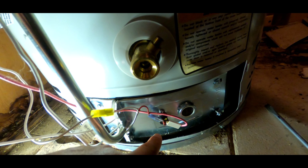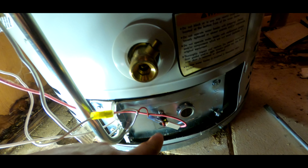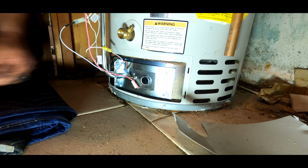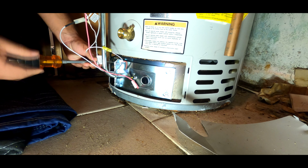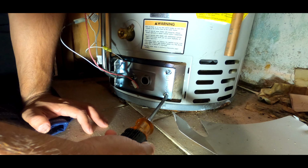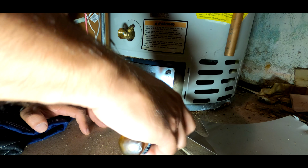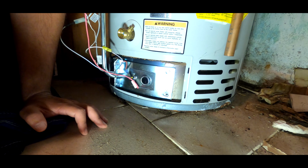I looked it up on the internet, and apparently the reason it trips is there's no air left for the flame. So why is there no air? Apparently I figured out through research and YouTube videos that there's a filter on the bottom of the hot water heater that could potentially be clogged with dirt. You know, after 6, 7, 8 years, maybe 10, it does fill up with debris, dust, whatever that's in the